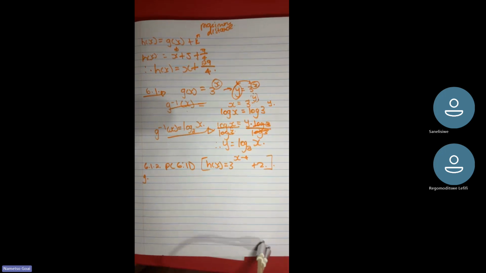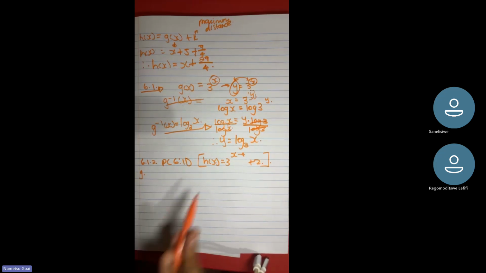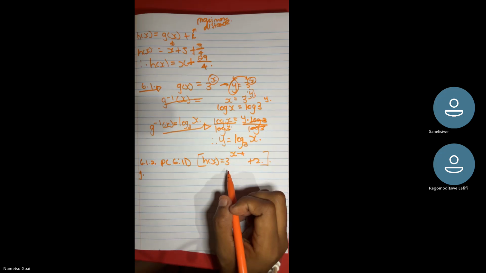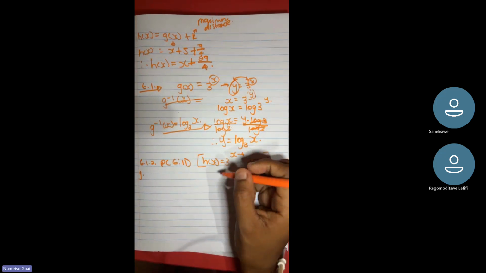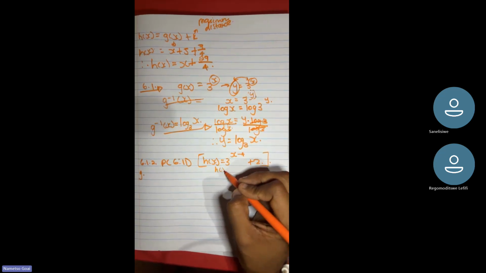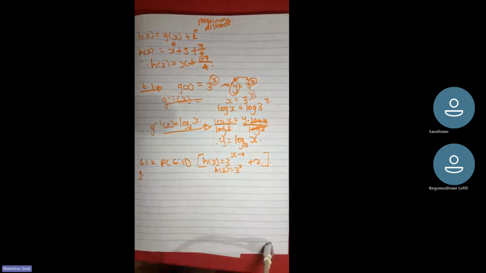So we have the original graph. When we look at this, what do we call this kind of exponential graph? It just takes the form h of x equals, let's say, 3 to the x. But now that over here we have it,